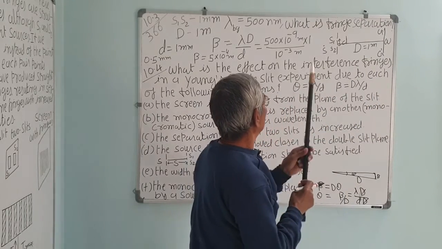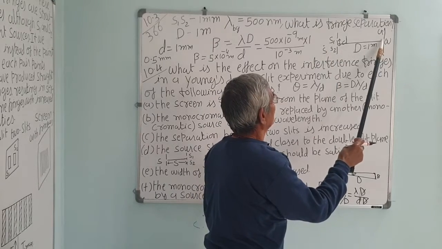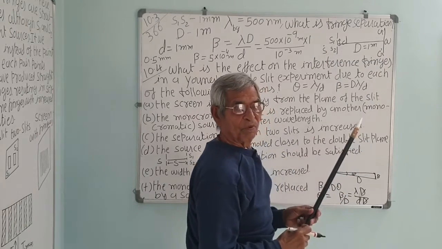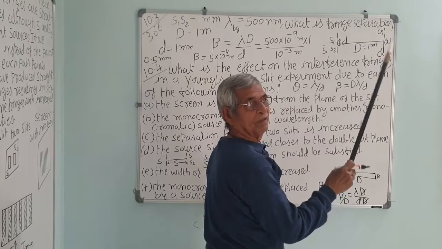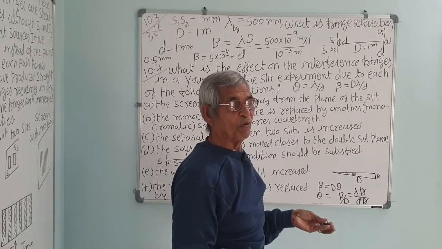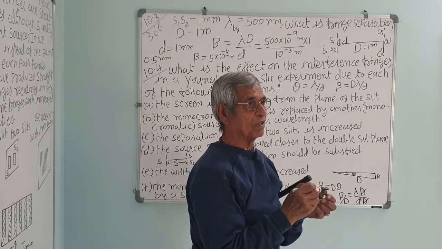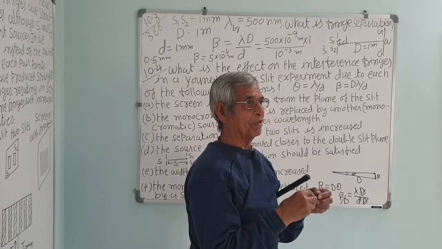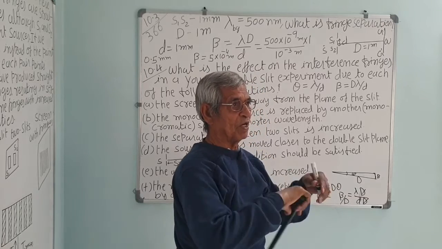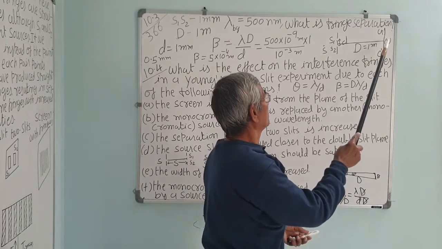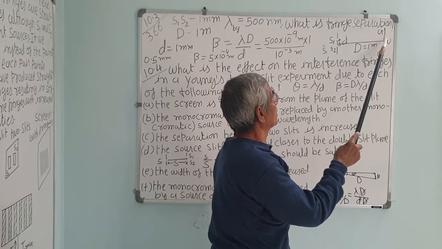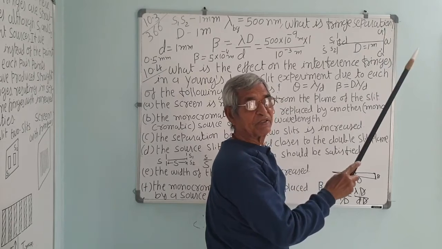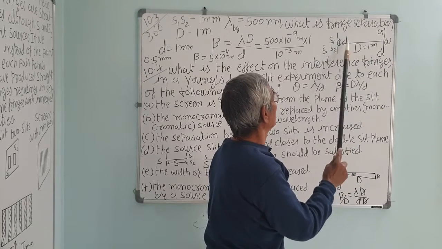And after that we will get the blue, violet color, 400, then first dark and then again violet and then red, and then there will be overlapping of fringes. So the fringe pattern will disappear. You won't get the fringe pattern. There is overlapping, so you get only two fringes at most, either side of the central bright fringe, that is the white fringe, because all colors are in phase.